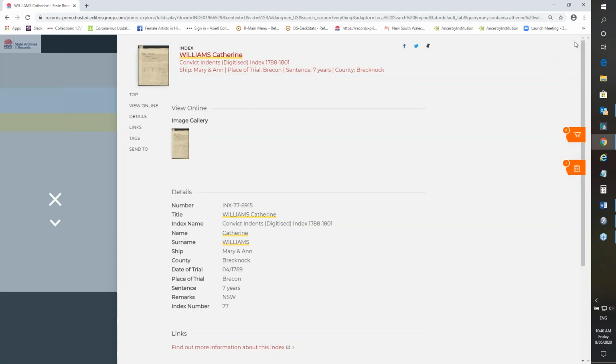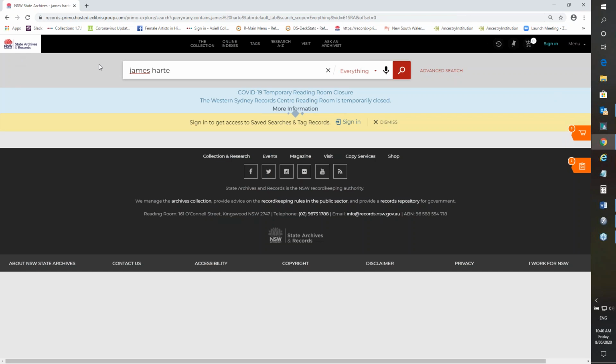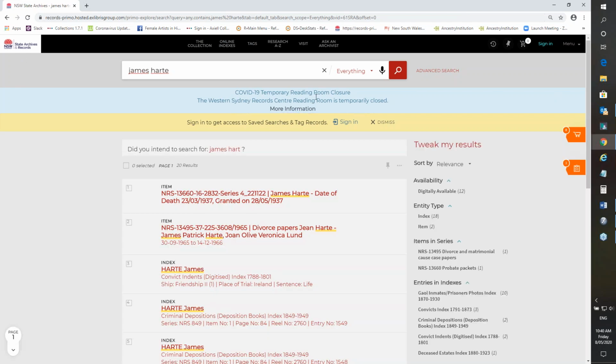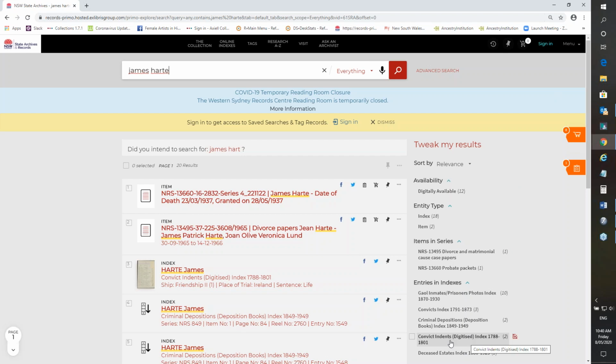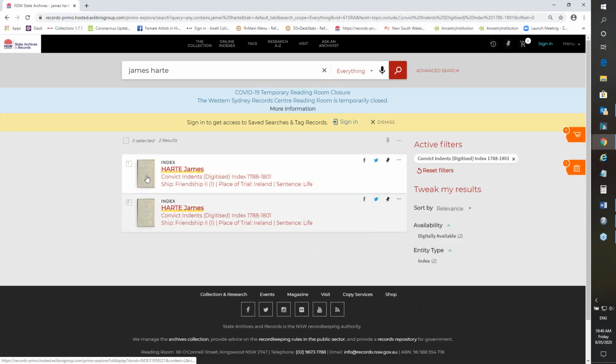We'll go out again. I'm going to choose a different name this time, James Hart. Again, white noise, so I'm going to the right. Digitally available would work, we know that, but I'm going down now to your third option, which is to click the actual index we're looking at, which is convict indents, digitized index 1788-01. Brings up 2 results. I'm clicking on the first one,